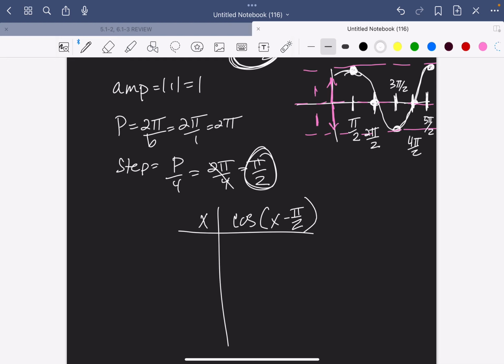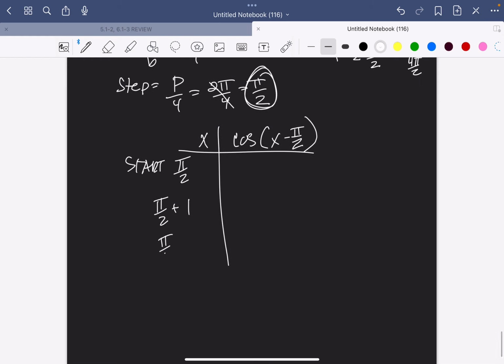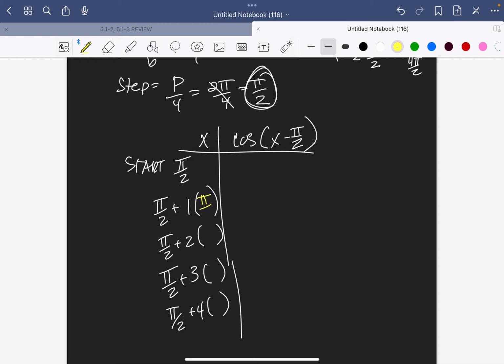X minus pi over 2. So this time, I have a starting point, which is finally different. It's pi over 2. So I'm going to take pi over 2 plus 1 step, pi over 2 plus 2 steps, pi over 2 plus 3 steps, and pi over 2 plus 4 steps. So what does that mean? That means if each step is pi over 2,